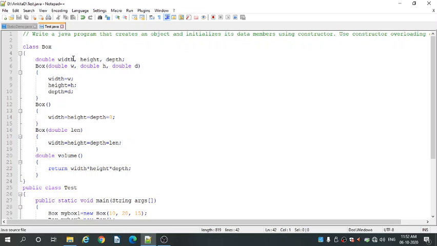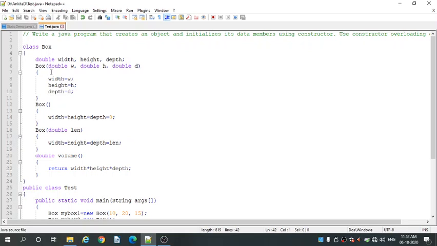What is double? Double is a data type in Java. The double variable can hold very large numbers and is used to hold floating point values. So we have declared the width, height and depth as double.